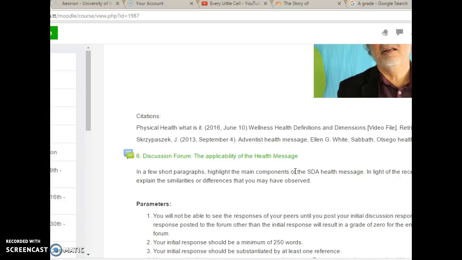For example, it is recommended that we get 8 hours of sleep, but there's a great philosopher who says, the heights by great men reached and kept were not attained by sudden flight, but while their companions slept, they were toiling upward in the night. And in your opinion, if you do have this particular opinion, that in order to be successful, you may have to sacrifice some hours of sleep, these are some of the points that I want to be brought up